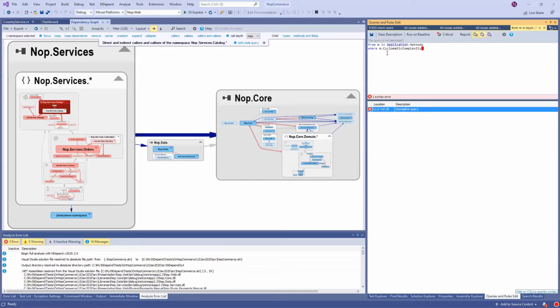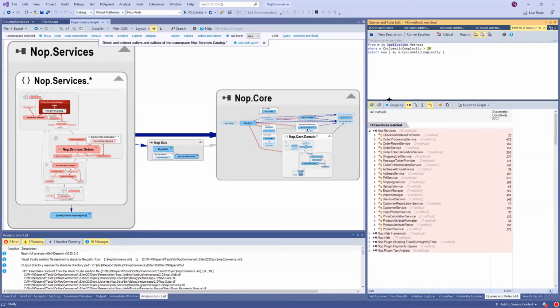Basically, it's counting the number of loops, the number of ifs, the number of elses, the number of switches, or all these keywords that can change the control flow. Okay, and here you get the cyclomatic complexity. So I want the ones with more than 20, which is quite a complex method.